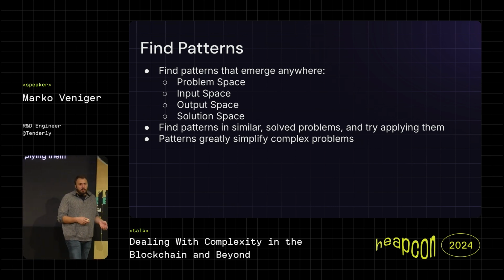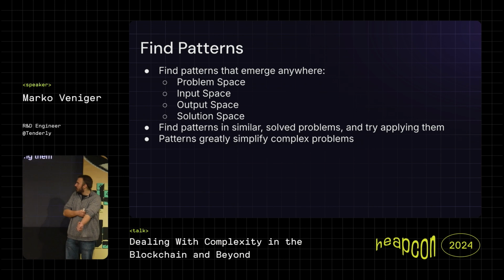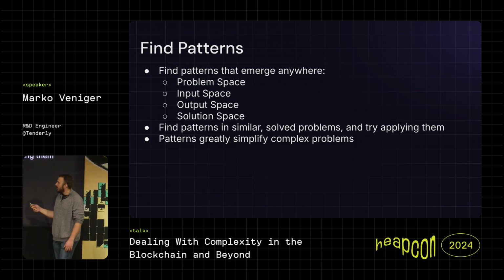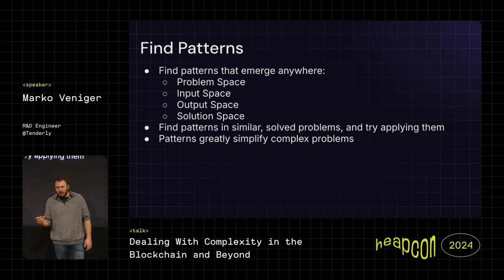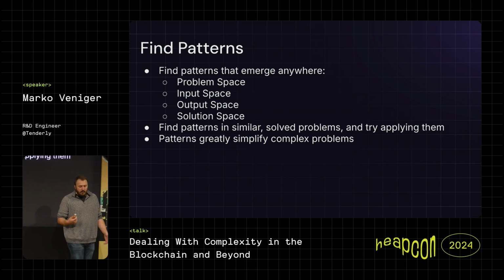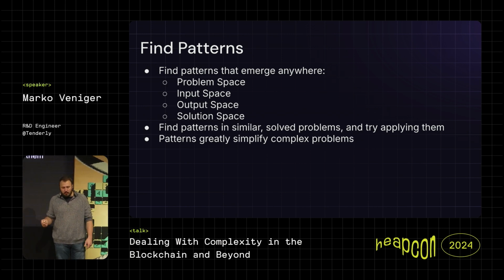In the input, once you have an input for the problem, you can try to group it in various ways. Try to group it by users, try to group it by anything you can think of. Output, you can also see, once you solve the problem or partially solve it, you see some outputs, and if you see some outputs repeating themselves often, you can try to figure out, okay, what's causing this class of output? Let's try to solve that perfectly, and then we can carry on to something else.